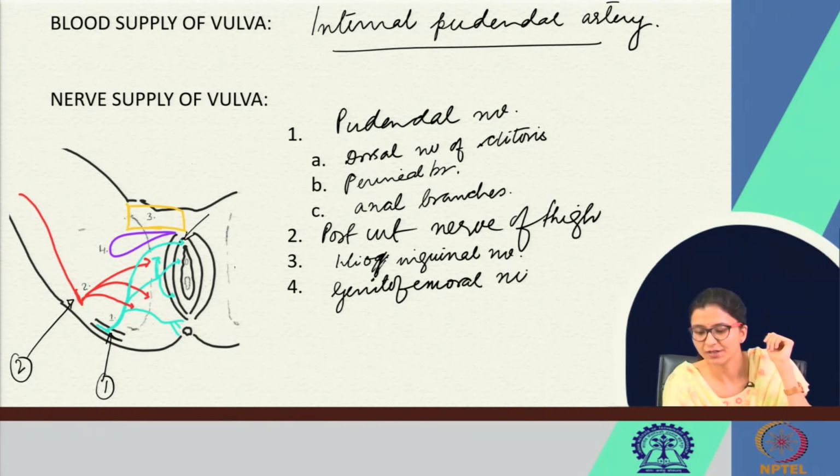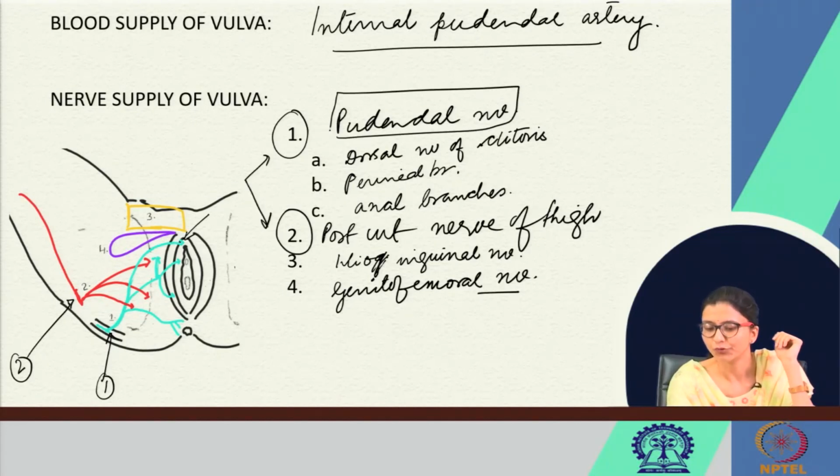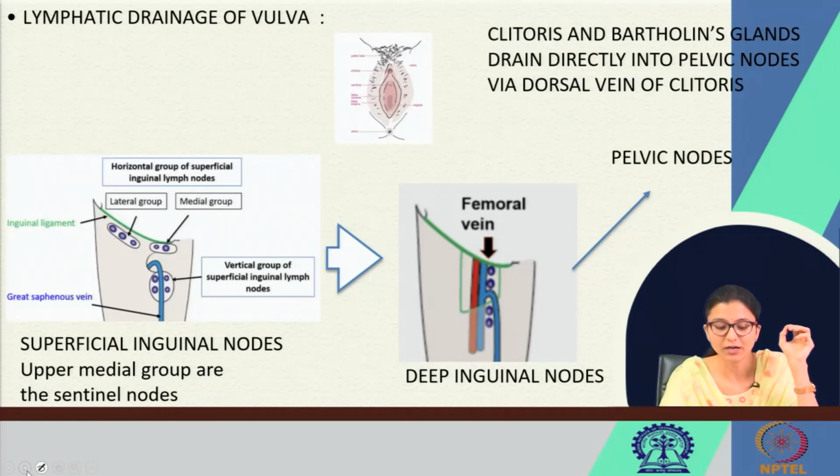So, from here we notice that the perineal region or the vulval region is supplied by different nerves, of which 1 and 2 are most vital. So, only pudendal nerve block will not anesthetize the whole area, because there is overlapping of this nerve supply. So, after pudendal nerve block which we give during episiotomy, we also need to give local analgesia for proper anesthesia before episiotomy given during childbirth.